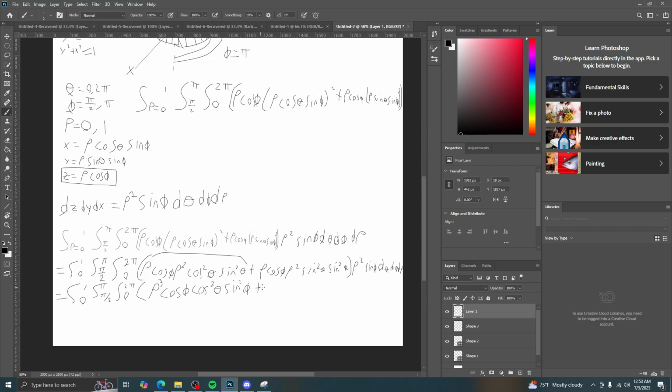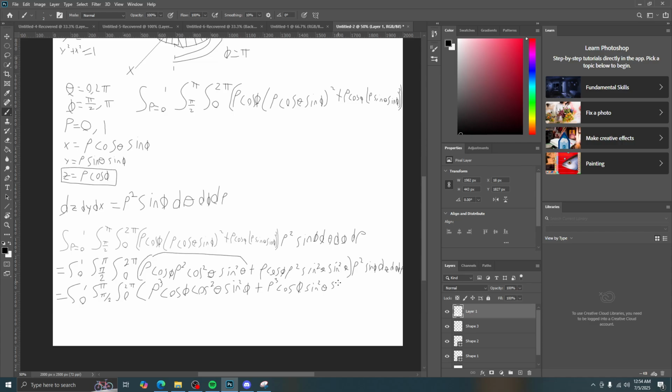Plus, and then we're in another rho cubed. We're combining these two rows again. It's the same thing, but there's a sine theta instead of a cosine theta. Okay. Sine phi times cosine. Rho cubed, times cosine phi times sine theta squared